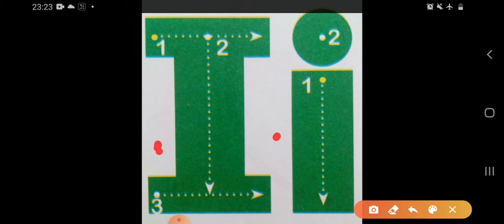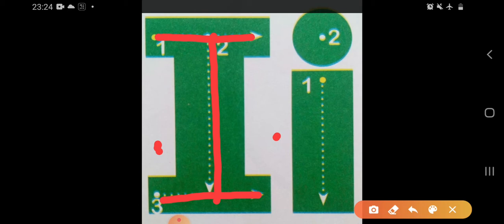What we have to do first, we will go to number 1 and join the dots slowly like this. After completing the sleeping line, we will go down. Yes, standing line. Which line is this? Standing line. And again a sleeping line. So what comes out is letter I. Which letter is this? Letter I. You can also trace and practice.